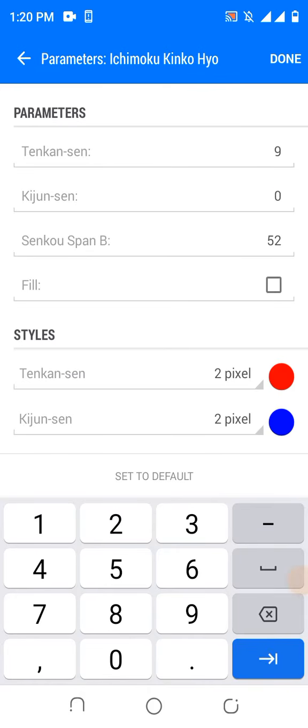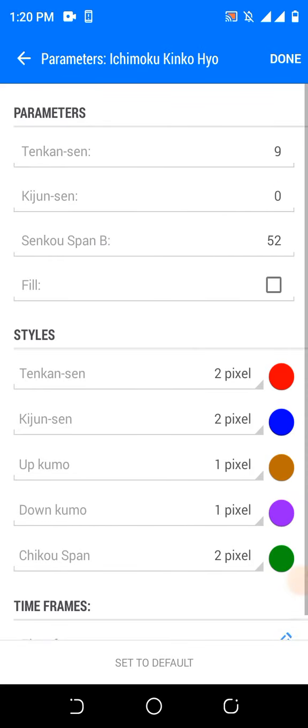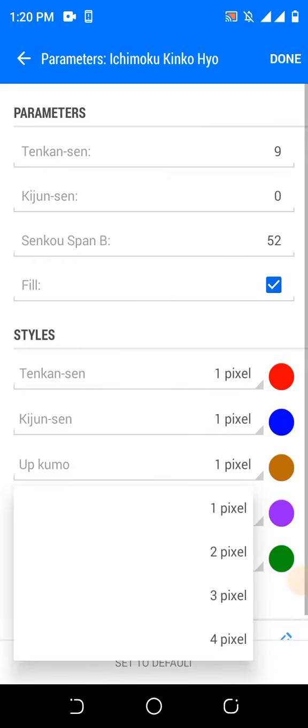That is the first thing. Once you change it to 0, the second setting is what? Click fill ticket. Do you understand? So that is the second thing. Now the third thing is, under style, change all of them to 1 pixel.